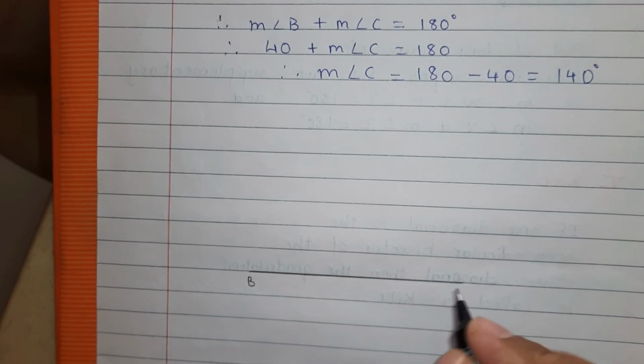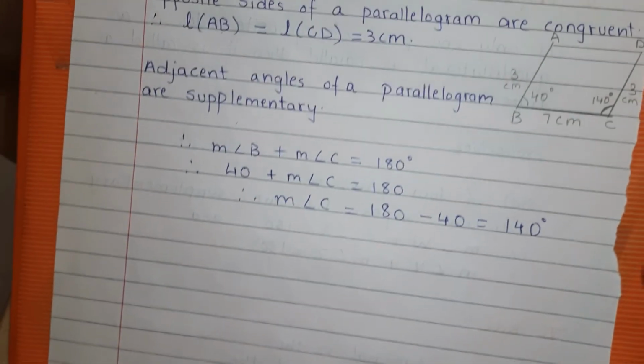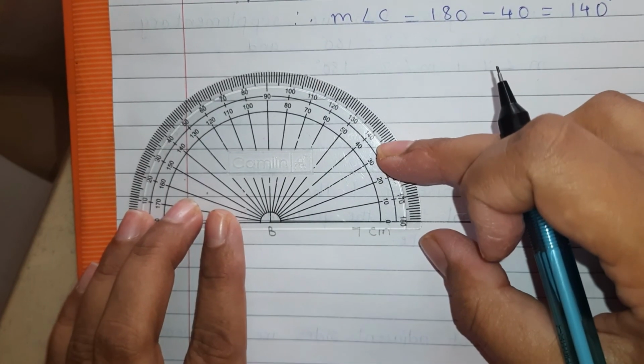Write down here BC 7 centimeters. Now B angle is 40 and C is 140. So from B, acute angle